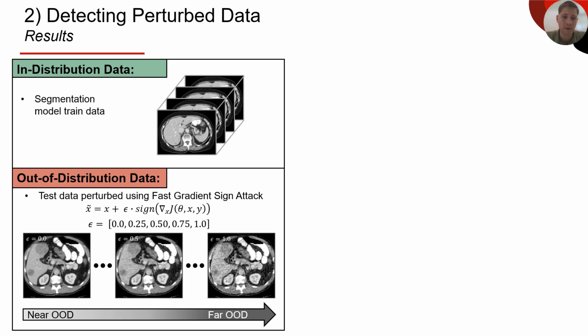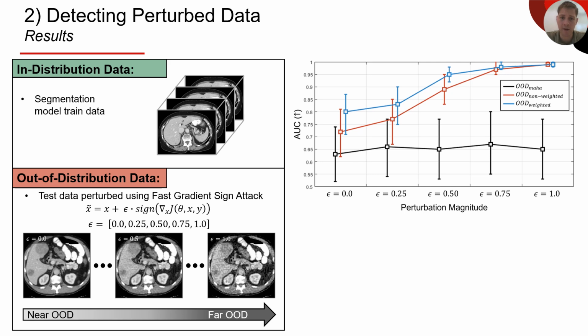For this, we applied the fast gradient sign attack on our test data at 5 unique perturbation magnitudes, and this constructed 5 different OoD test sets ranging from near to far OoD types of data. And now the task of each OoD distance measure was to distinguish this type of data from the model's trained data. Doing so and looking at these trends of the area under the ROC curves for this task across distance